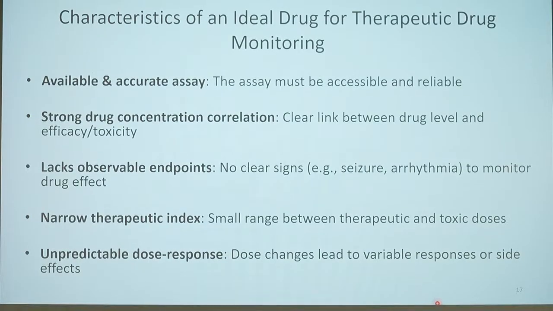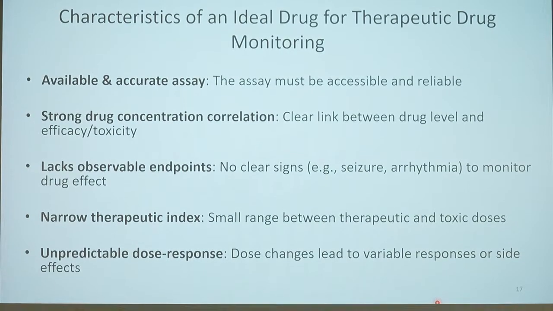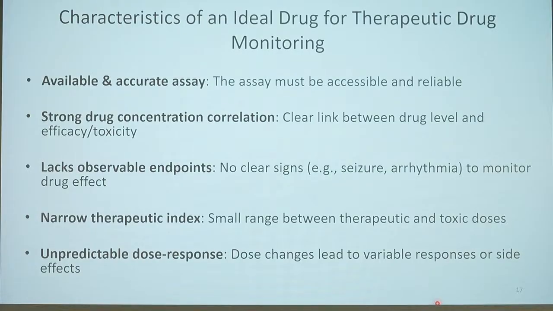So for TDM drugs, you can't really tell what they're doing because there's no markers in the body, like there's no liver enzymes that can tell you, oh, the liver's still good, the liver's not having any significant toxic effects. So we use TDM and that blood concentration level becomes the surrogate marker for what we want to know about the drug. I mentioned the narrow safety profile, and we also need to understand the correlation between the drug's dose